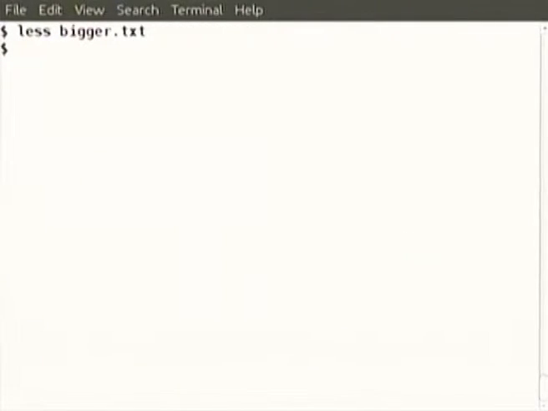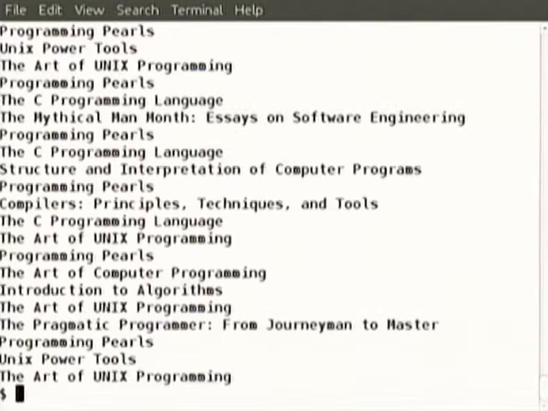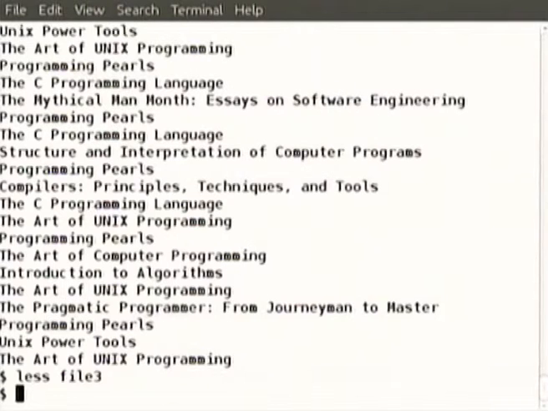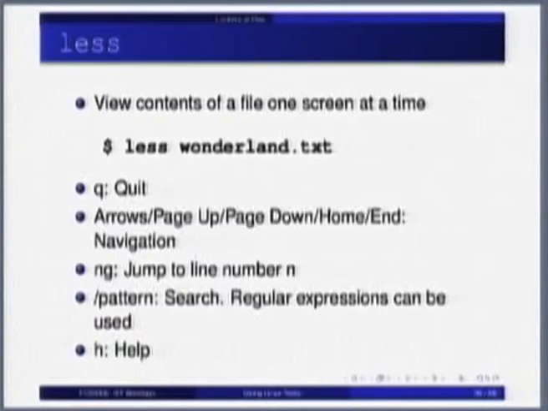Cat is relevant when it is just one screen full. Cat bigger has just shown everything on the screen. Importantly, it has come back to the prompt, which was not happening in less. So less of a file was showing it to you and waiting for you to press Q. Why? Because you might want to do various things, you might want to search, etc. So it is not going to come back to the prompt until you press Q. So please remember how to quit out of less. Q is the letter to type.